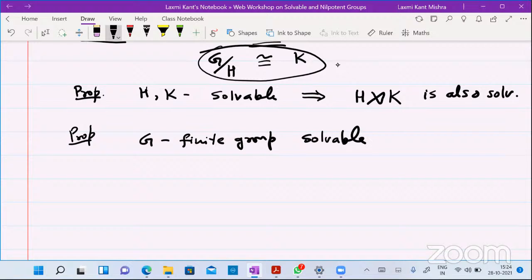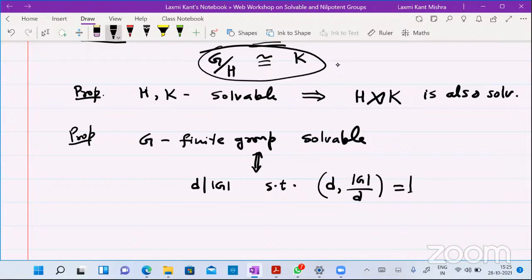If G is a finite group and soluble, then it is equivalent to saying that if D is a divisor of the order of the group such that the GCD of D and order of G divided by D is 1, that means these two are coprime, then